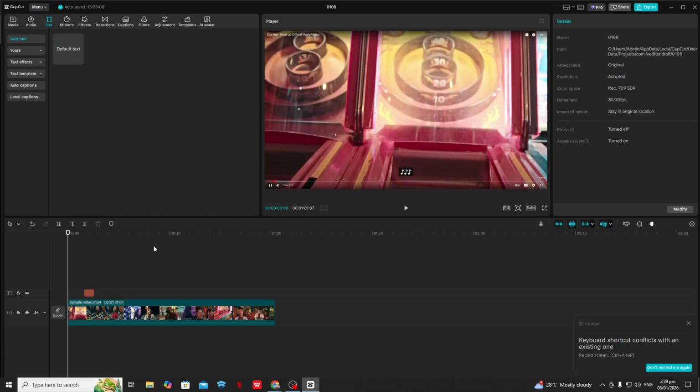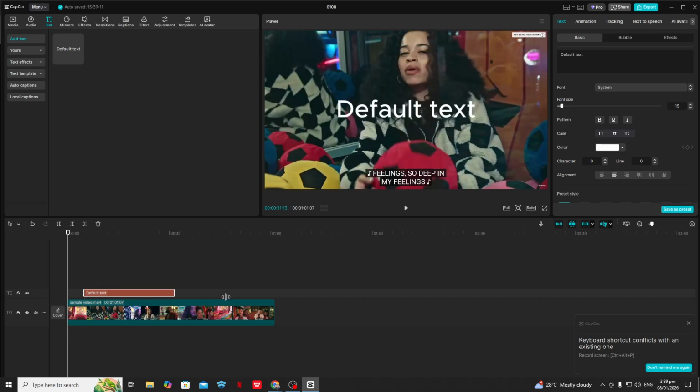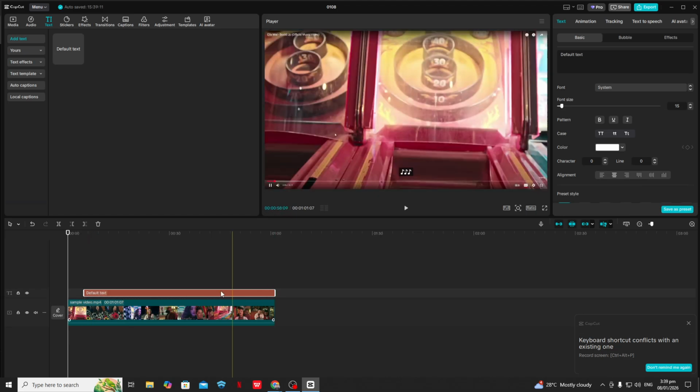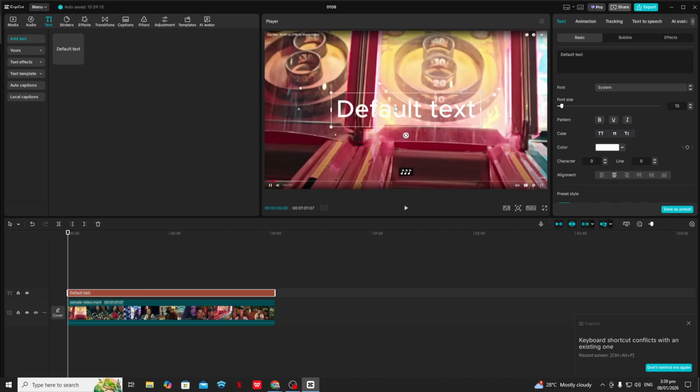Once the text is in place, we'll add the video that will appear inside the letters. Import the clip you want to show through the text and drag it onto a track above the text layer in the timeline. Make sure this video layer is directly above the text and covers the same duration, so the